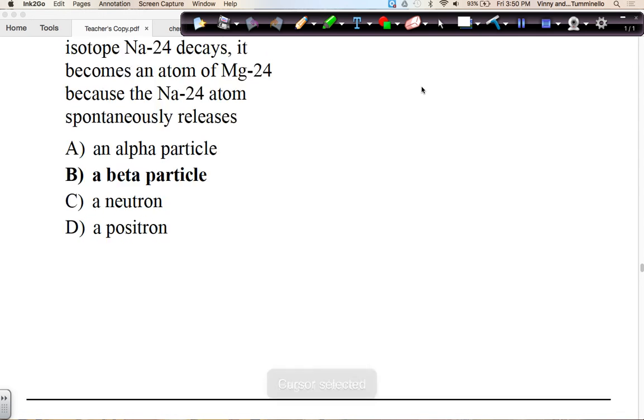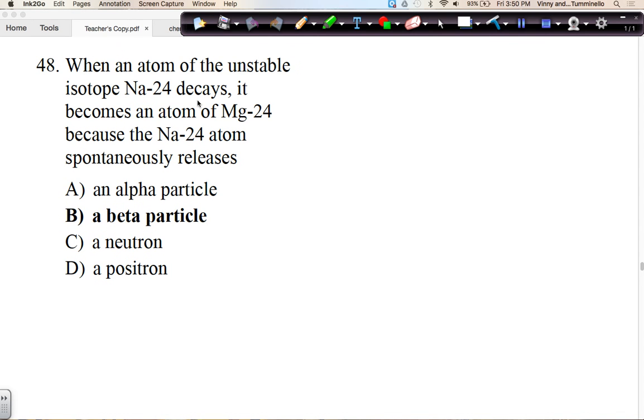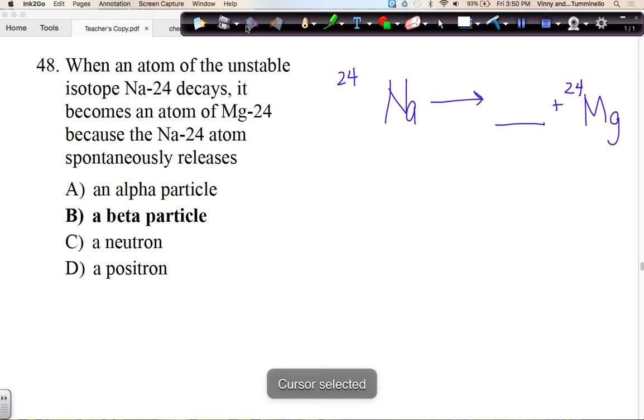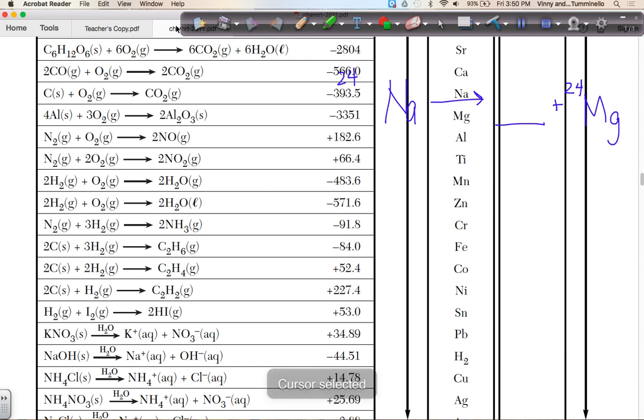For 48, we're almost done with up to 50 here. When an atom of an unstable isotope Na-24 decays, it becomes an atom of magnesium-24 because the Na-24 spontaneously releases what? So Na-24 is going to look like this. Mg-24 will look like that. I'm going to leave those on the screen while we switch over to the periodic table so we can look and see what the